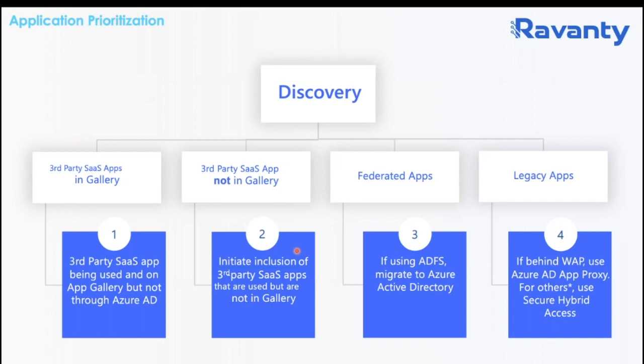These are pre-configured apps that Microsoft already configured. There's a template and configuration for them. All you have to do is change the variables tied to your tenant and your environment, and you can freely integrate those apps directly with Azure Active Directory.